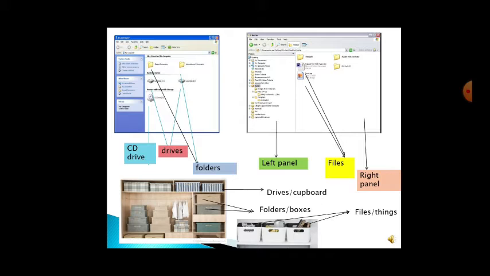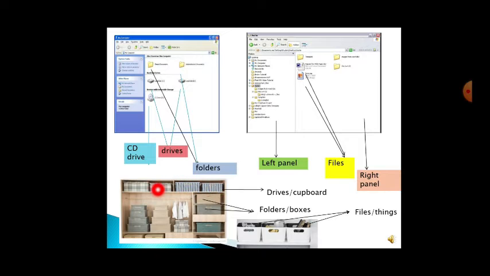Can you just see, a cupboard is arranged with the boxes here, and they are nothing but the folders. So the entire cupboard will become a drive, and you can keep 2 cupboards or 2 drives or 3 drives depending upon your storage. Next, the folders are the nice boxes here.